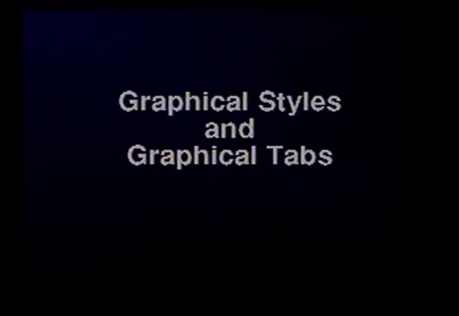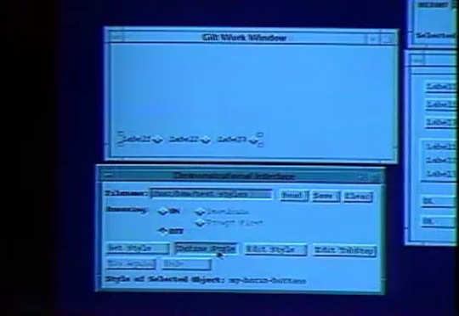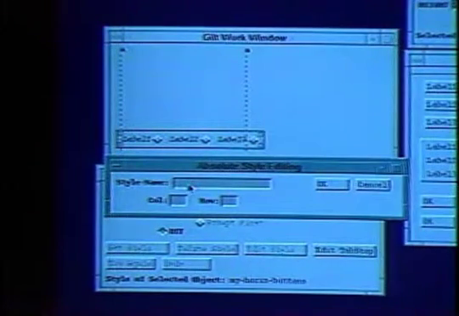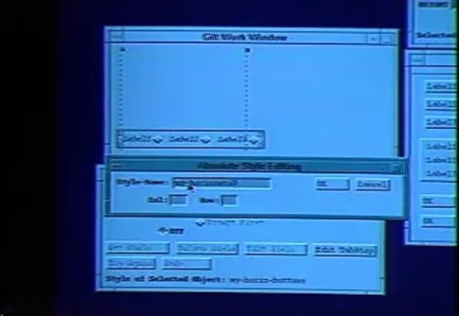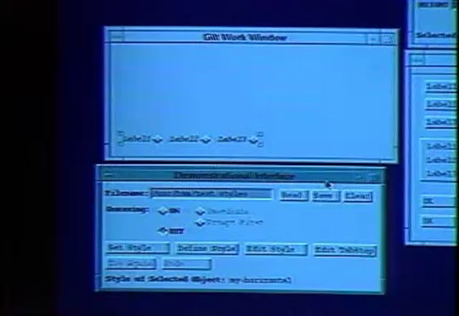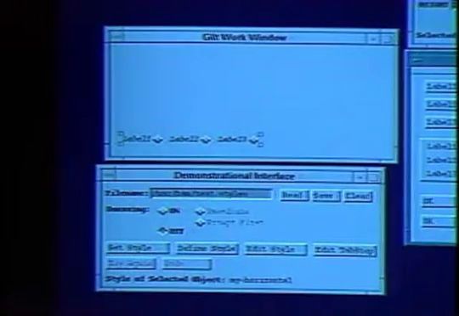Tabs lets you align things in a consistent way across dialog boxes also. So for example, we can have a particular style shown here that will have the radio buttons with the little boxes on the right and the labels in italic. We can give that a name. We can give that an alignment here on the tab. It's left aligned on that tab. We can define that as a style, and then when we create new widgets,